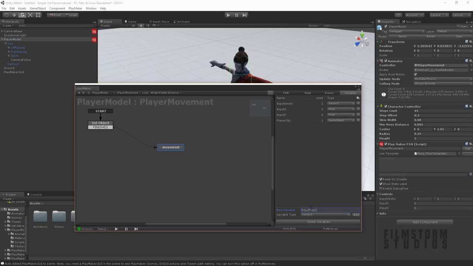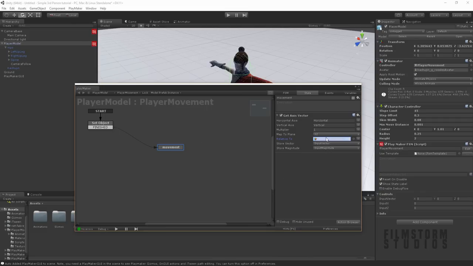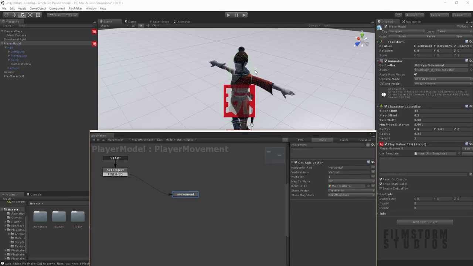So let's create an input magnitude, and we want the input magnitude to be a float. And it's going to be relative to our camera, wherever our camera is. Let's drag this guy in. So if we're pointing the camera to the right, the guy will still run forward, because that's relative to where our guy is.